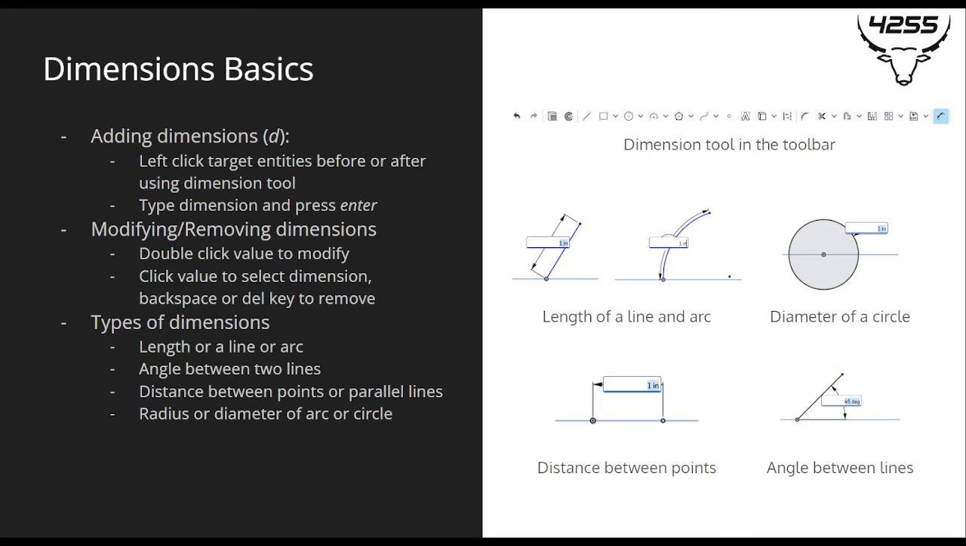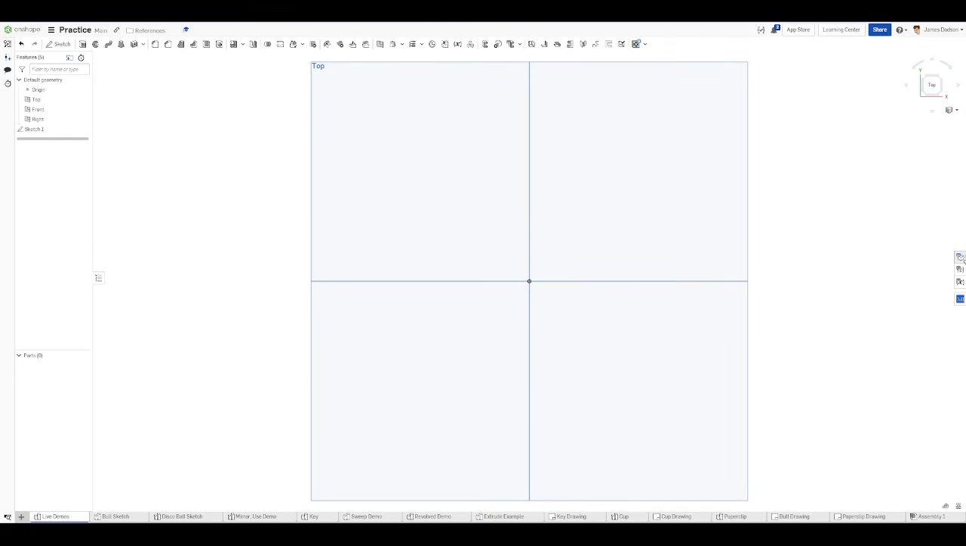To make a dimension, you left-click your target entities before or after using the dimension tool. So you can either press dimension and then click your target entities, or click your target entities, then press dimension. Both work. And then once you've typed your dimension, you can press enter and it will give it a dimension. To demo that real quick, switching back over to Onshape, if I have a line that I've just made,